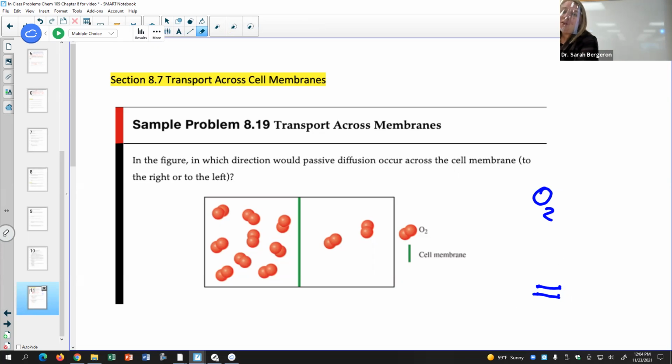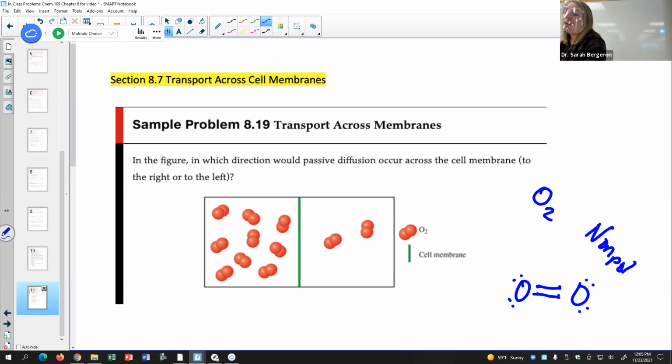I'll show you how we draw them. We usually draw them at an angle there, like that, all right? So do we have a polar or a non-polar molecule? First thing you're looking at is, do you have an electronegativity difference? Do you have an electronegativity difference between oxygen and oxygen? No. So do you have a polar or a non-polar substance? It's non-polar. Do you have to know how to identify polar and non-polar substances? Yes, and you're terrifying me just a little bit. So we have a non-polar substance.